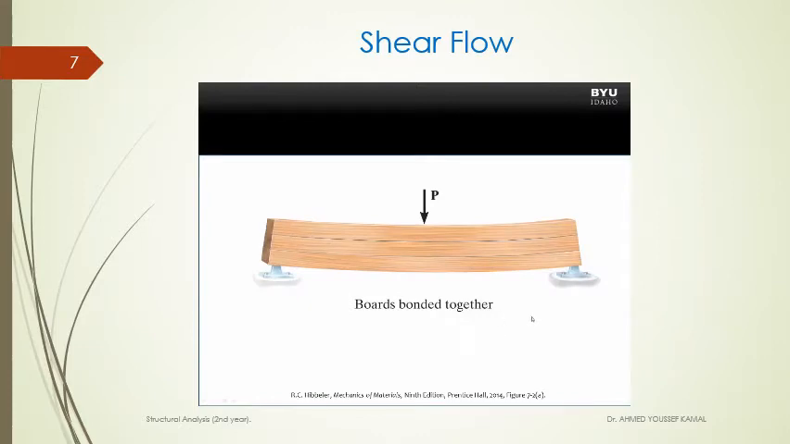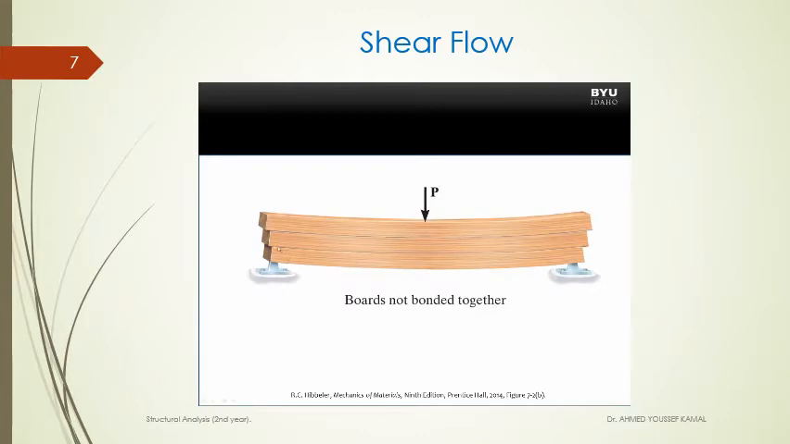It is made by bonding 3 boards together, and there's a load applied. When that load is applied, the beam will deflect as shown. If these boards had not been bonded together, we would expect this behavior, where we see the boards are offset